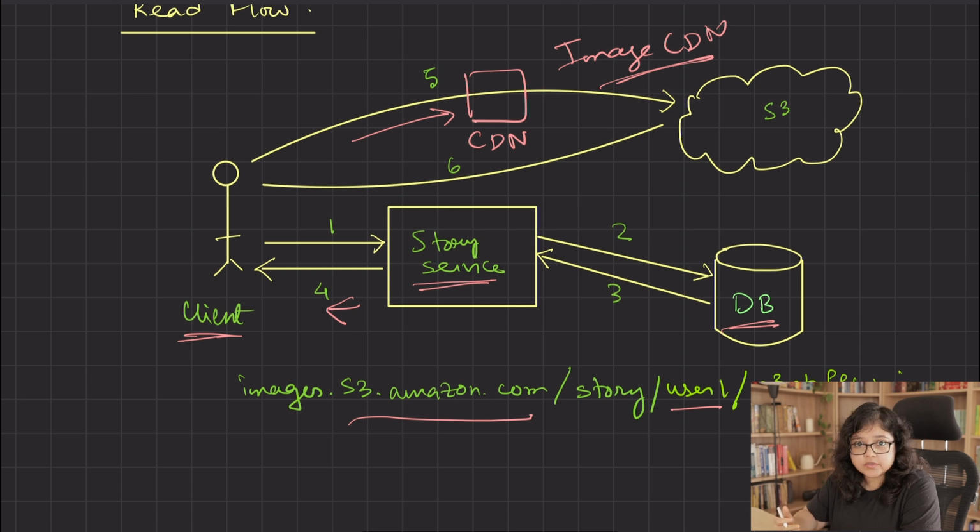So we have discussed what a pre-signed URL is, how to generate it, how Instagram is using pre-signed URLs to upload images, and the write and read flow of Instagram stories. But using a pre-signed URL for uploading a file, or for that matter uploading an object, is not specific to Instagram. It is a standard industry practice. So if you have a similar use case where you want to design a system where you want to upload a file or object to a blob storage and you don't want to involve the server, then you can easily use a pre-signed URL. That's it for today's video.